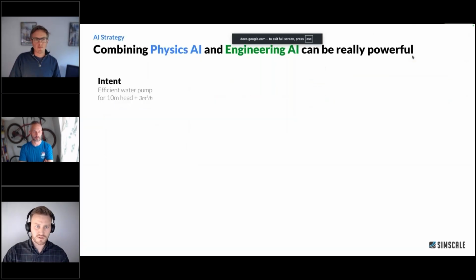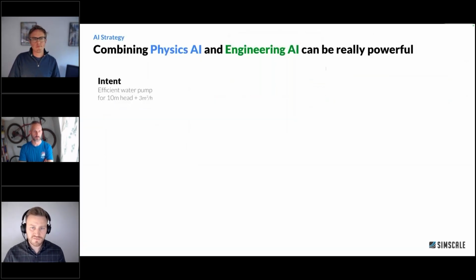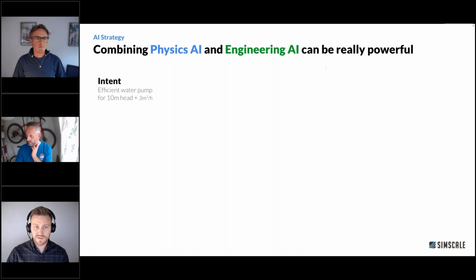Okay, so combining physics AI and engineering AI is one of the areas that can be really powerful. And I saw a question come in about what would happen if we didn't have associativity when we swapped out the CAD geometry to do a physics AI prediction. Well, this is one of the situations where the two systems working together can be really powerful.